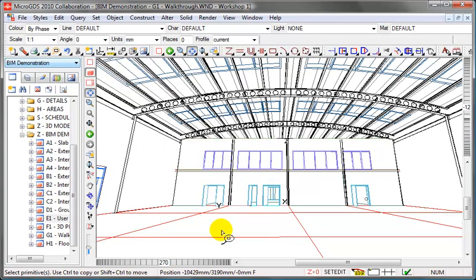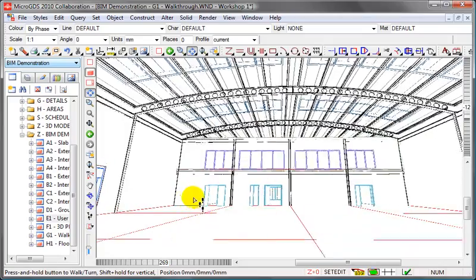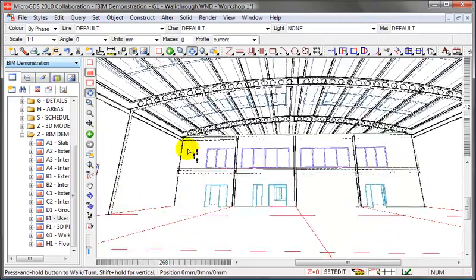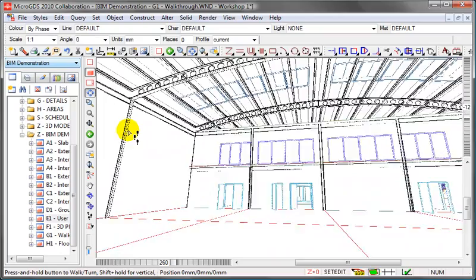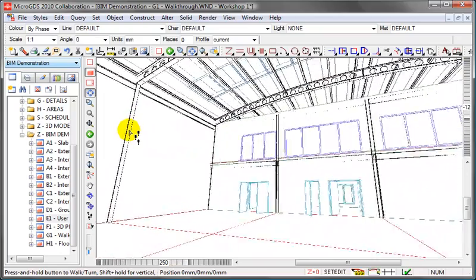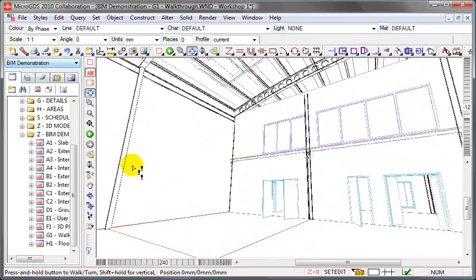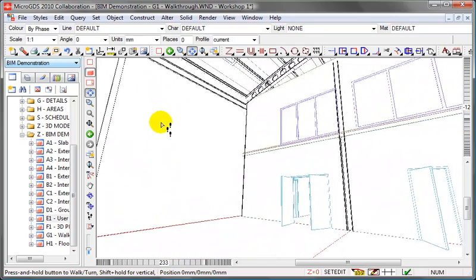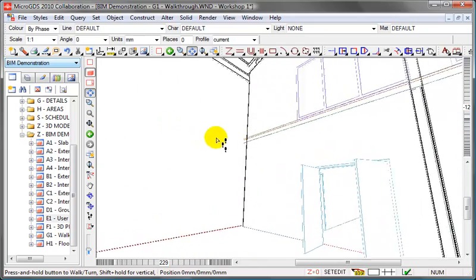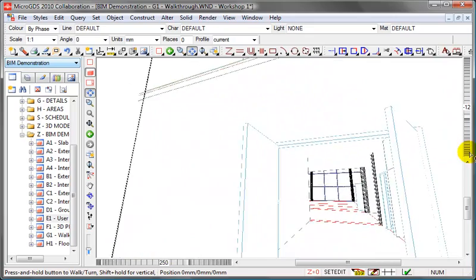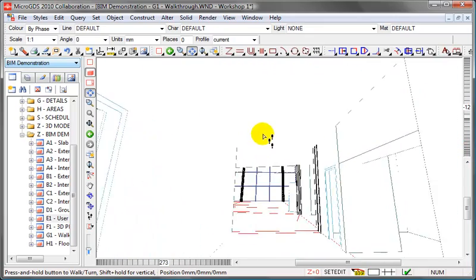OK, and then we can carry on with the walkthrough. So let's advance through the second door on this side here. So again, let's just try and aim for the door, and you'll get a feel for this. It's a bit like learning how to ride a bicycle. Once you've learned, then it will become second nature to you, and then we can just swing our angle, go through the door, keep going forward,